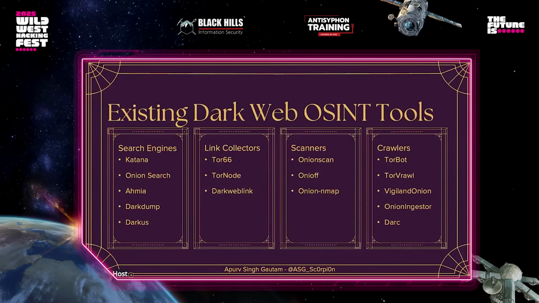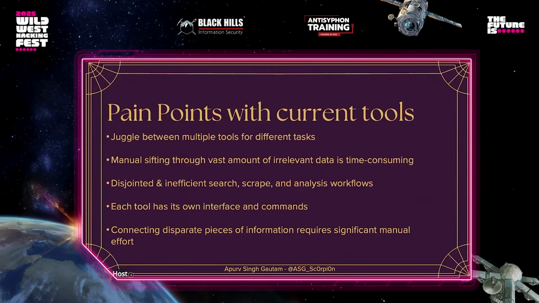Now with AI, as you can imagine, these tools are, and I've written it in this slide, very disjointed, right? Different tools for different purposes. If you are researching into this, you have to use multiple tools. You can't combine those. Some of them are written in Python, some of them are written in Go. So that is the actual pain point. You can't combine all the tools.